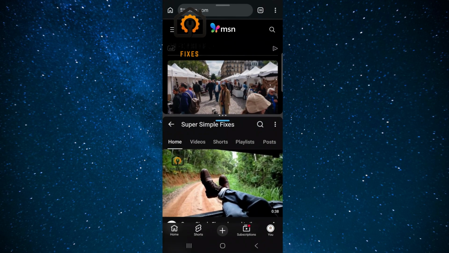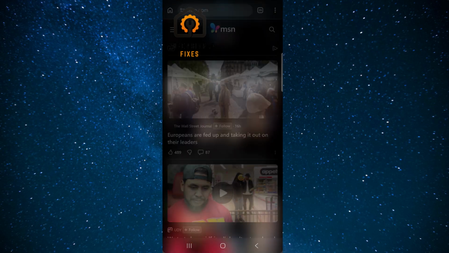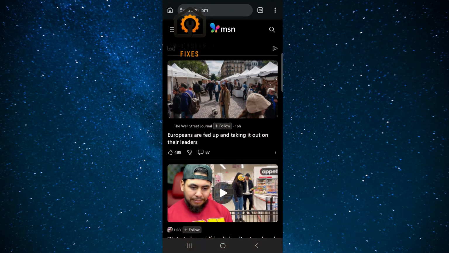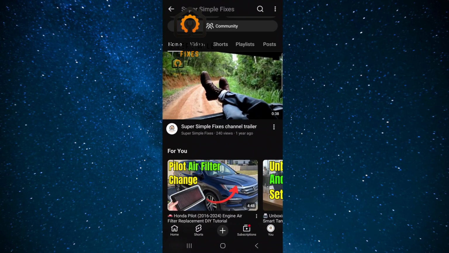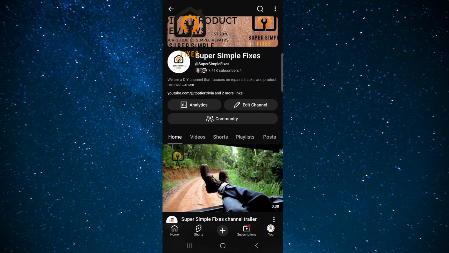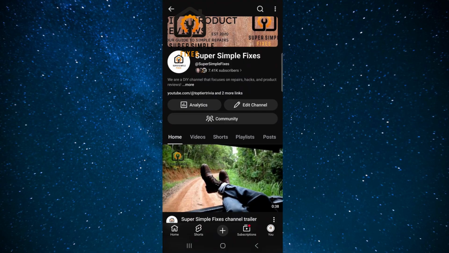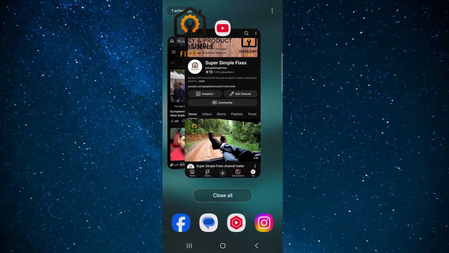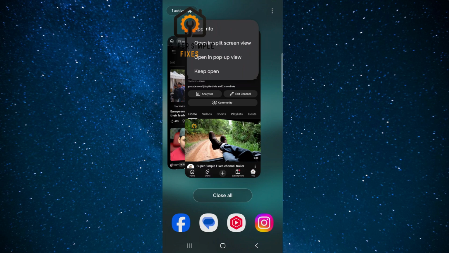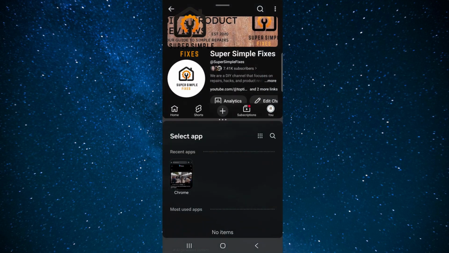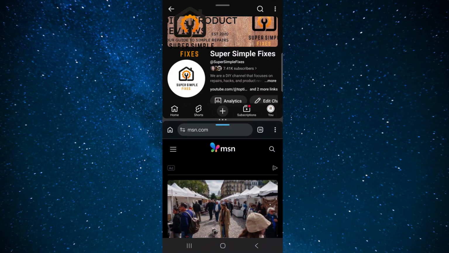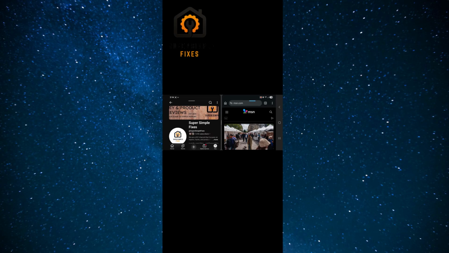Okay, so if I wanted to switch the top and the bottom, I can go ahead and close that. Okay, come back to YouTube. Click the YouTube logo. Oh, let me try that again. I'm going to click that YouTube logo to get this to come up. Open in split screen. Now YouTube is on top and Microsoft is on the bottom, and it will still work